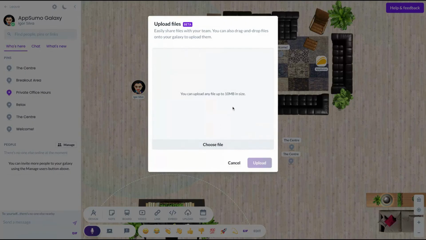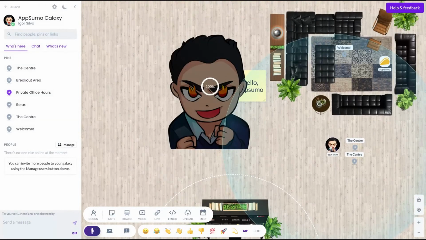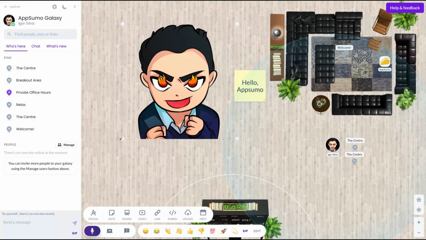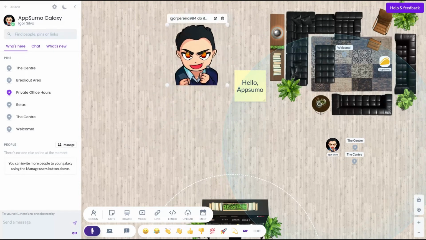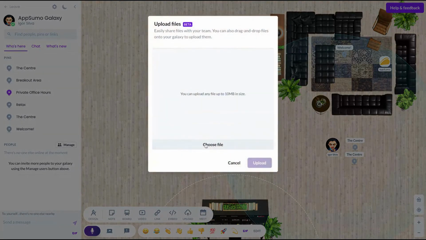You can also upload a file up to 10 megabytes. Okay. I'm uploading a video, uploading a PNG. Okay, it shows up here. Look how it works. Cool. My PNG, you can upload PNGs here. That's awesome. What happens if I upload a video?